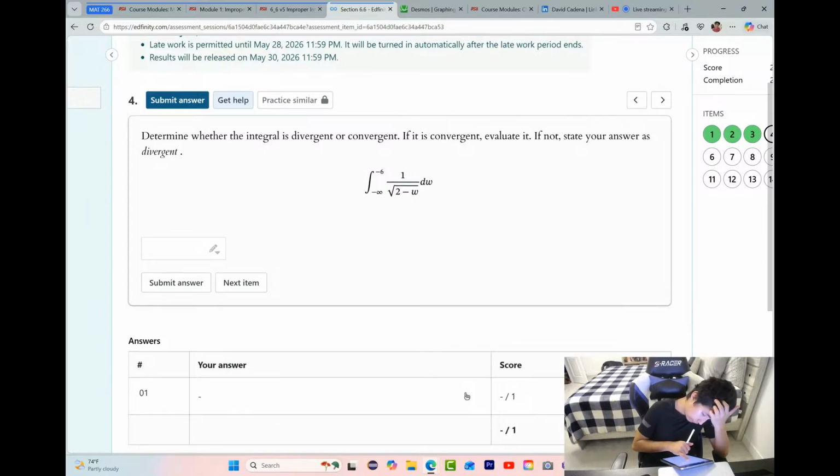Hold on. If W is -6, U equals 8. If W is T, U equals 2 minus T. So square root of 8. That's not a perfect square, right? Yeah, so minus